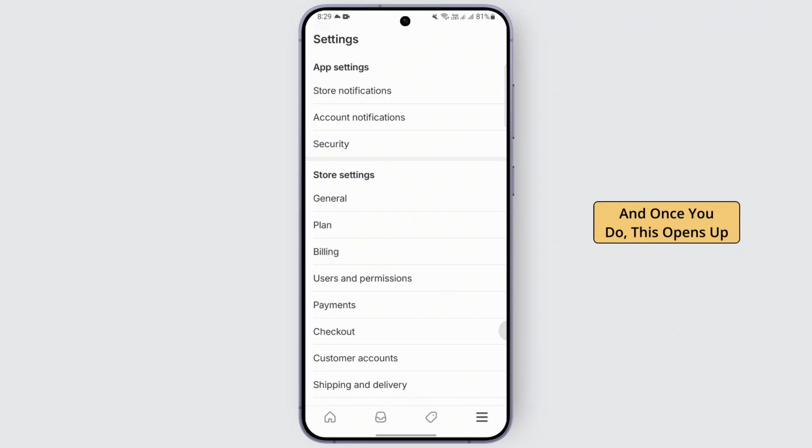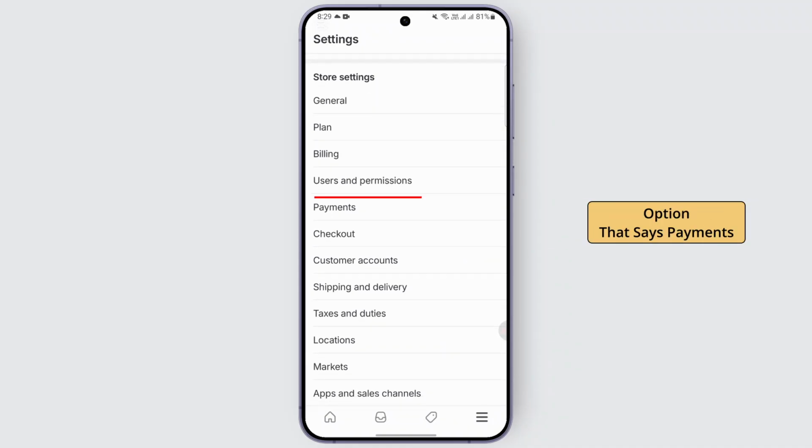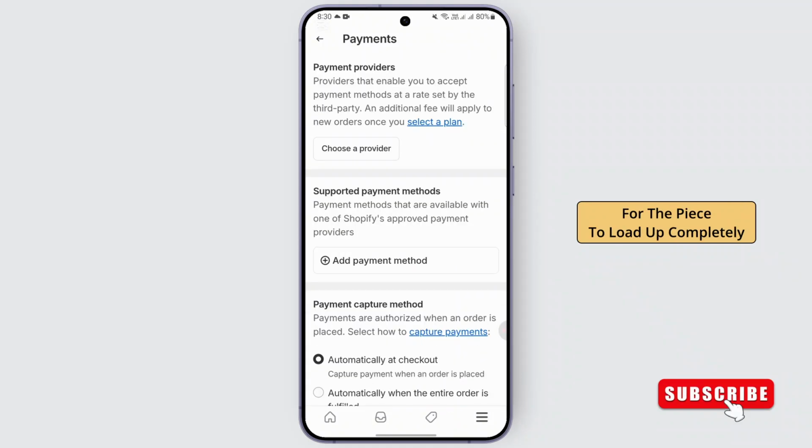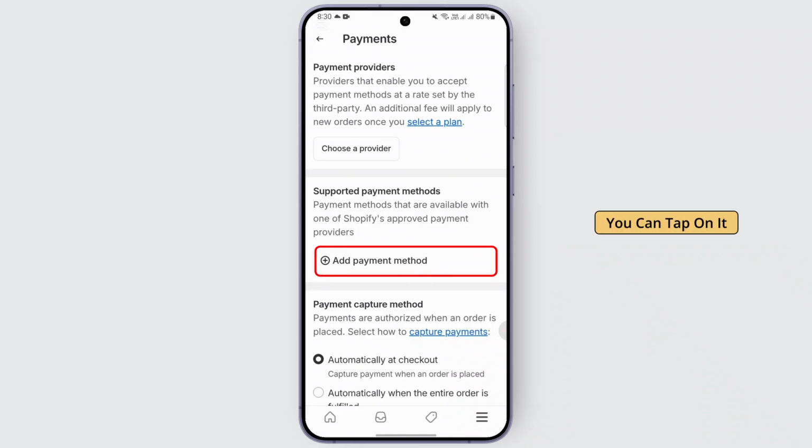And once you do, this opens up. Now from the given menu, you can head over to store settings. And under here, you should be finding option that says payments. Right under users and permissions, you can tap on it. Once you do, here you will be given a payment method. So all you gotta do is, let's just wait for the page to load up completely. After that, here you should be finding option that says add payment method. You can tap on it,